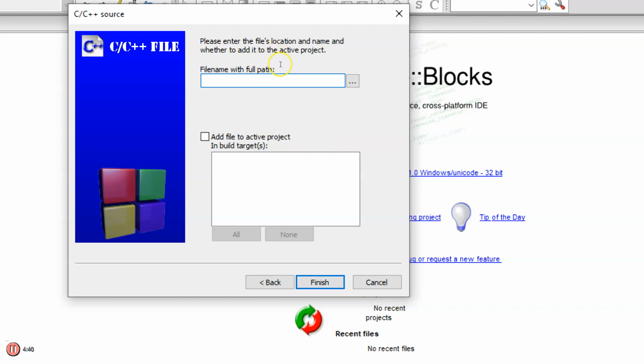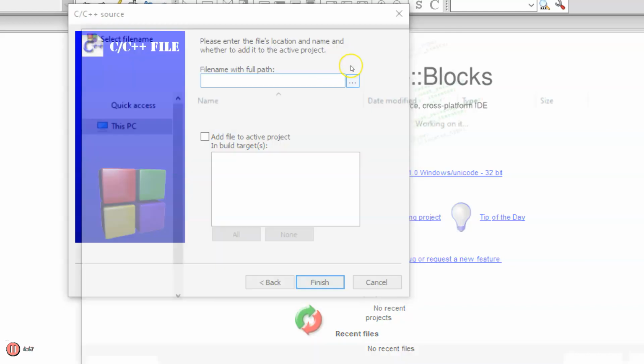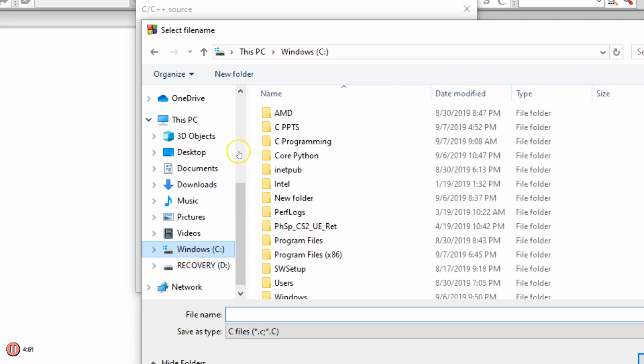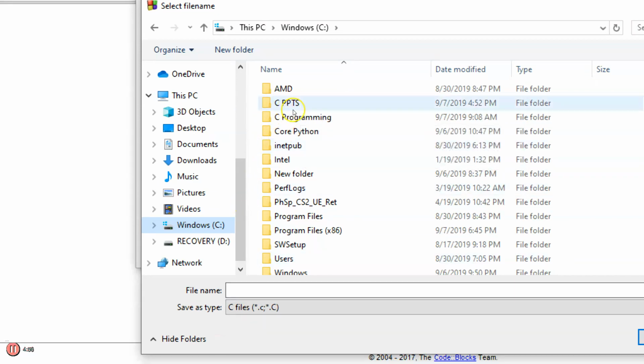Next, you have to choose the full path of the file and the file name. Let us browse that. It's your wish, anywhere you can save. I'll save in C drive. After that, anything you can choose, or let it be here only. You can give any name. The file name extension, you should remember, should always be .c. Any file name .c.